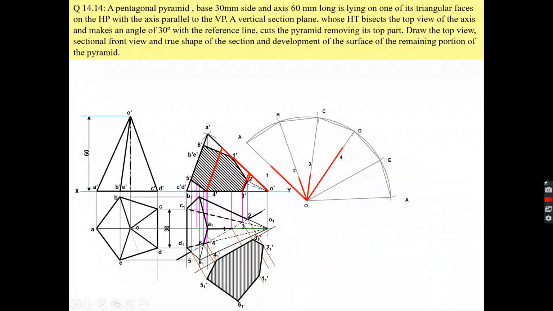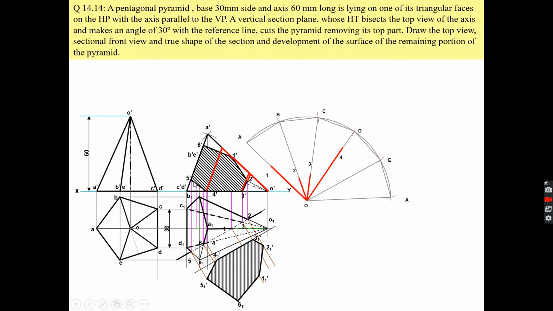So how will you measure the distance of point 5 and point 6 and mark it? As the points are on the true slant edge, all the points you first have to transfer to the true slant edge. Similarly, first transfer point 5 and point 6 on the true base side. This is the true base side. Your true base side you can see only in this top view. So first you have to transfer these points on these base sides.